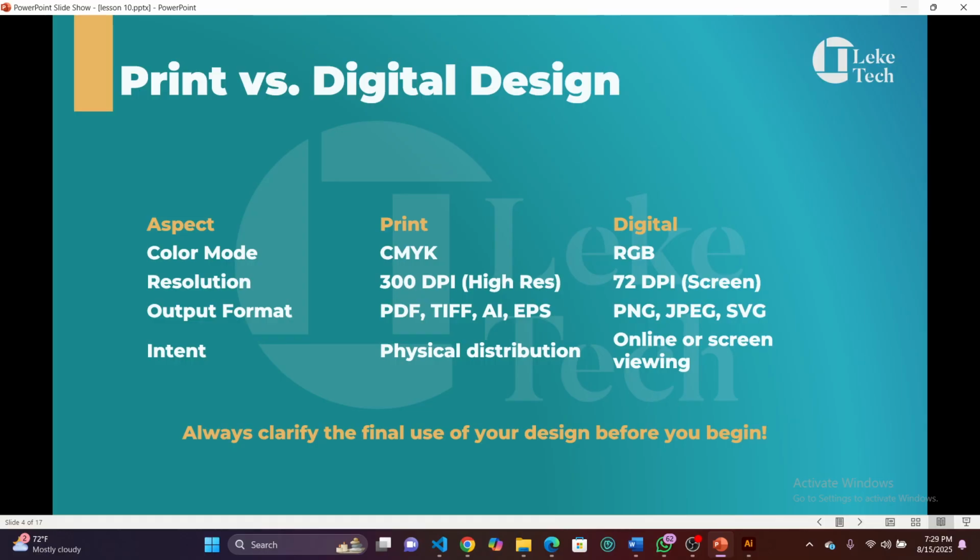Print flyers are for physical distributions, while digital flyers are for online sharing. So always clarify the final use of your design before you begin. When you're designing, you have to understand: are you designing for print? Are you designing for social media? You have to understand what you're designing for when you start your design,